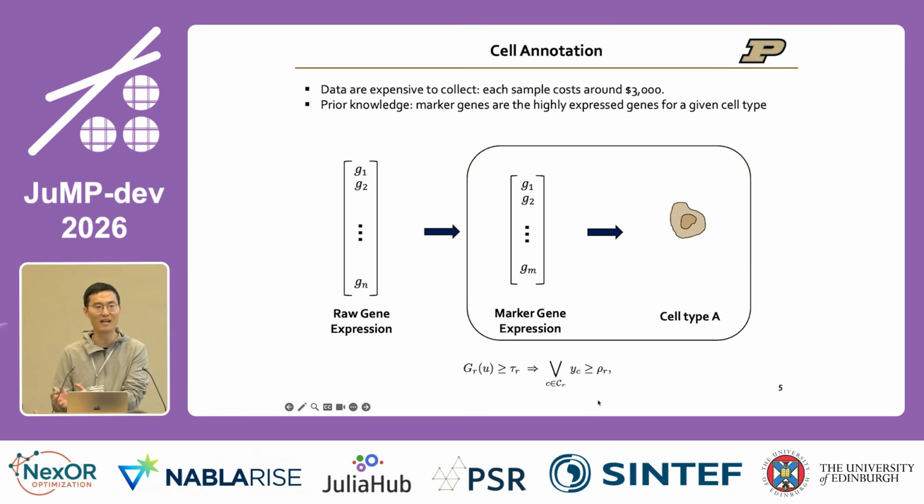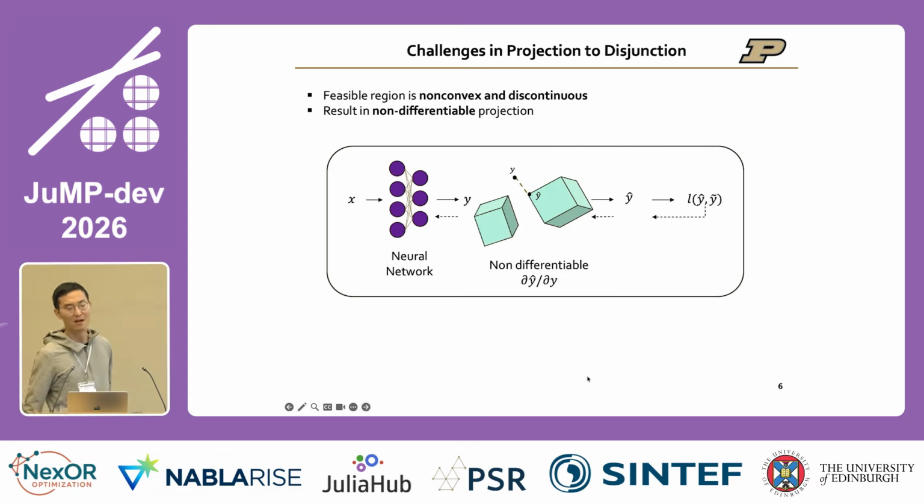So if the deep learning output does not satisfy those rules, we can project to this feasible set, then they can satisfy the rules. Okay, so what are the challenges in this type of rules? One of the questions mentioned, right, this is not differentiable, right? Because if you think about, you want to project the output to a disjunction, right? Either the y is in the left box or the y is in the right box, right? So this is not a continuous region, therefore you cannot do